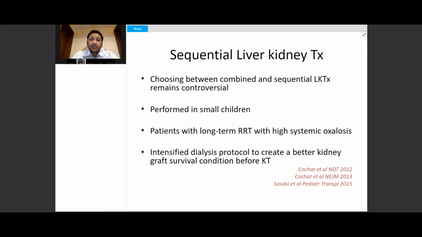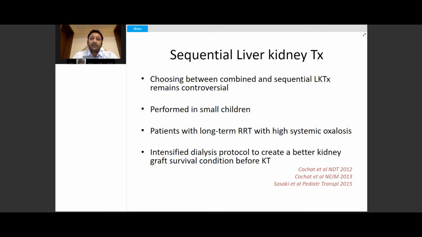And the subset of population here who benefit from sequential liver kidney transplant are patients with long-term renal replacement therapy with high systemic oxalosis load. Because once after doing a liver transplant, it takes care of the further load of systemic oxalosis. Usually it takes years for the body to clear the already existing high load of oxalosis. However, intensified dialysis protocol to create a better kidney graft survival condition before kidney transplant is established in a sequential